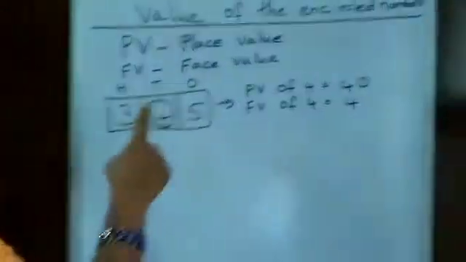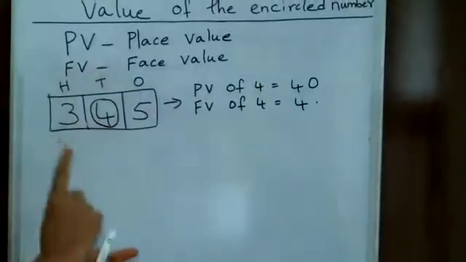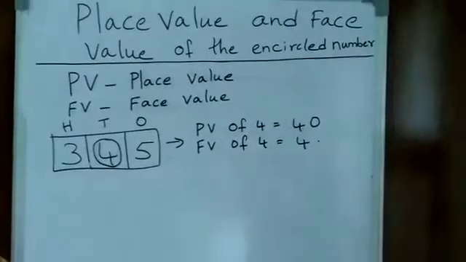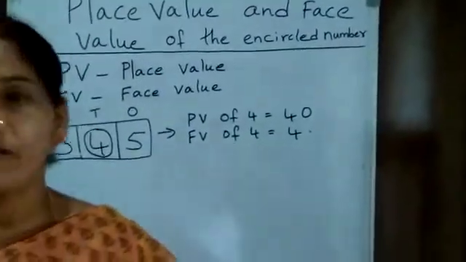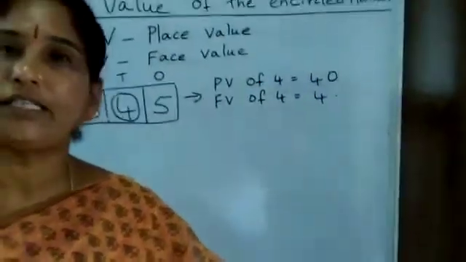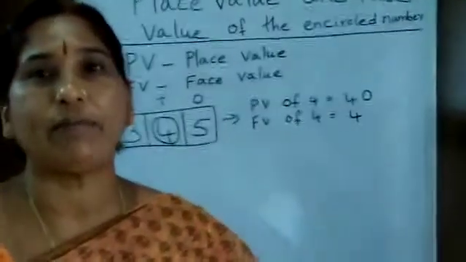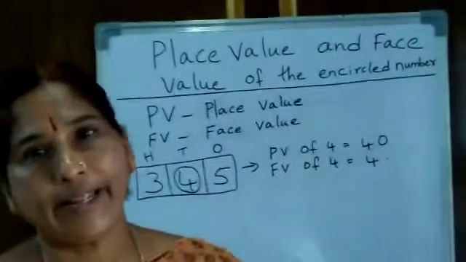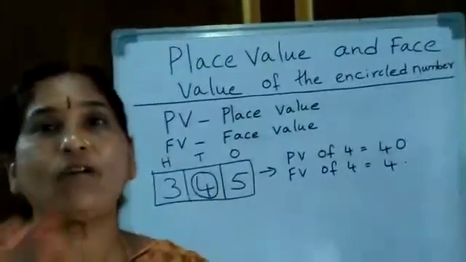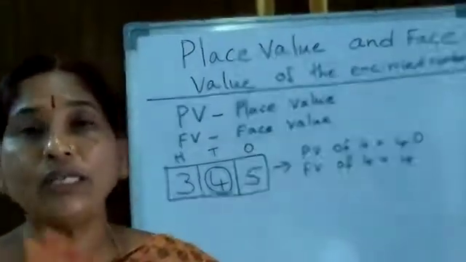In the same way, the number will be changing its place. From ones, tens, hundreds, thousands, it will be changing. But its face value will not change, like your name. See, one day you will be sitting in the first bench. One day you will be sitting in the last bench in class. See, you are changing the benches. One day one bench, one day another bench. But you are not changing your name. In the same way, the place value of the number changes from one place to another. But the face value of the number will not change.